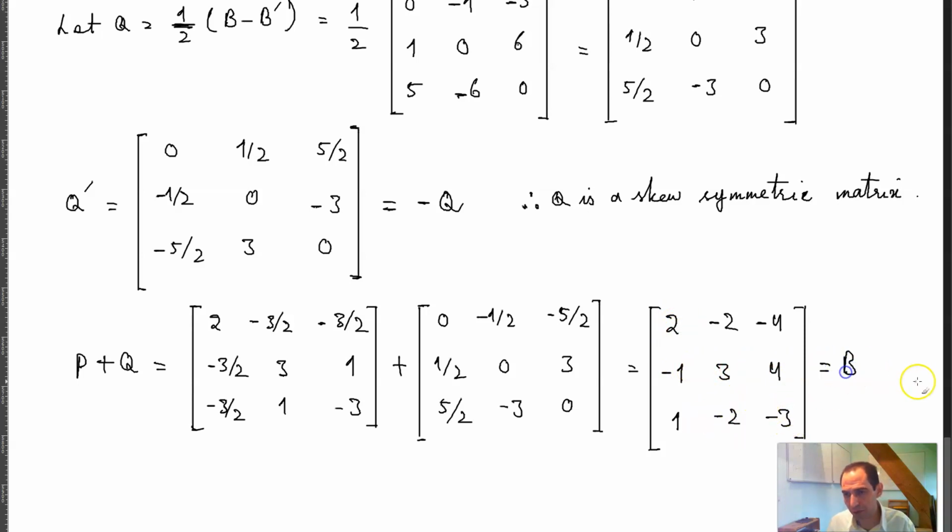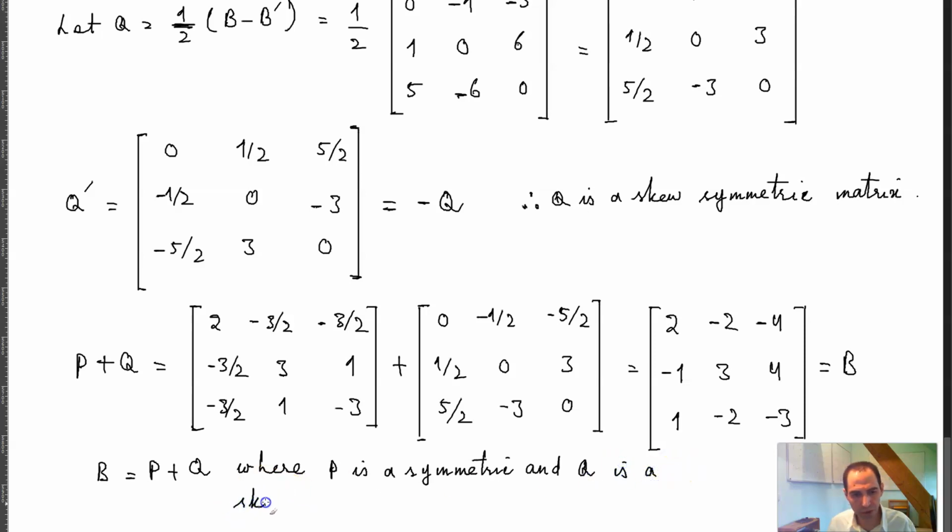This is actually equal to B. So that means that B is equal to P plus Q, where P is a symmetric and Q is a skew symmetric matrix. And that way we have expressed the matrix B as the sum of a symmetric and a skew symmetric matrix,